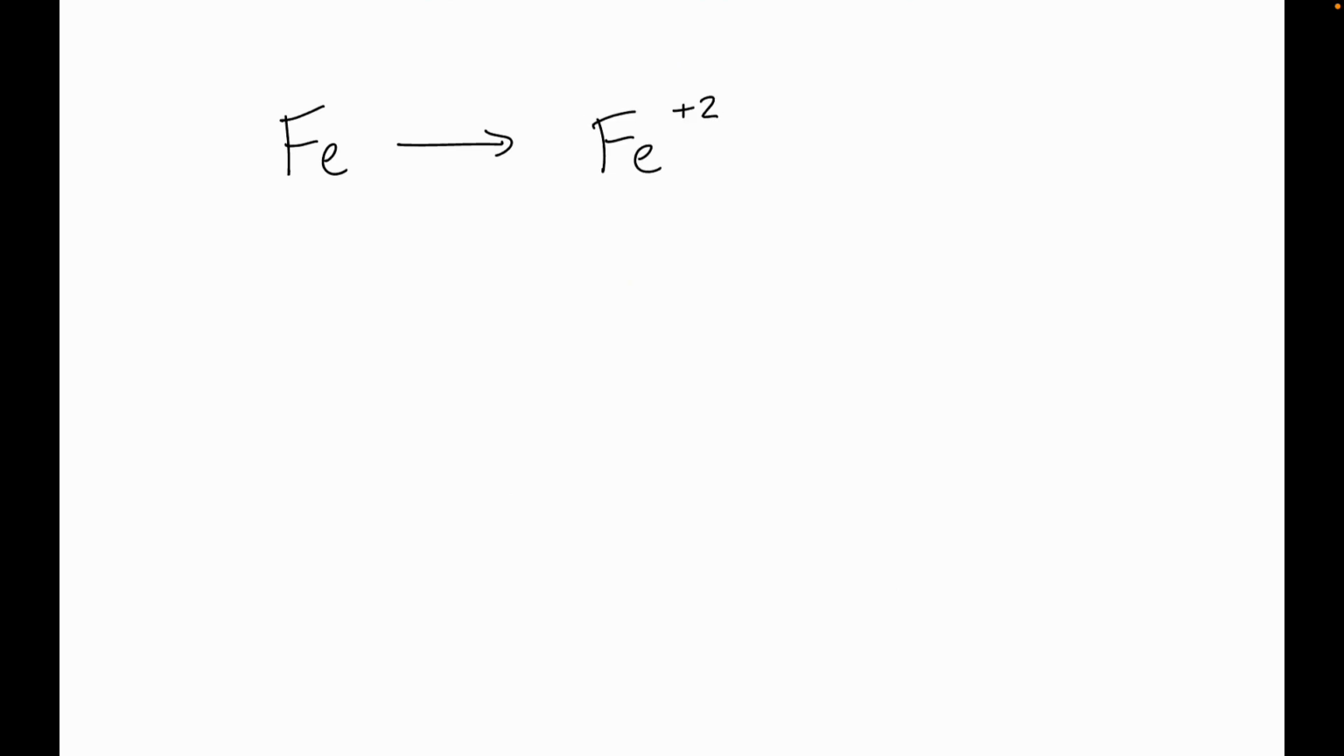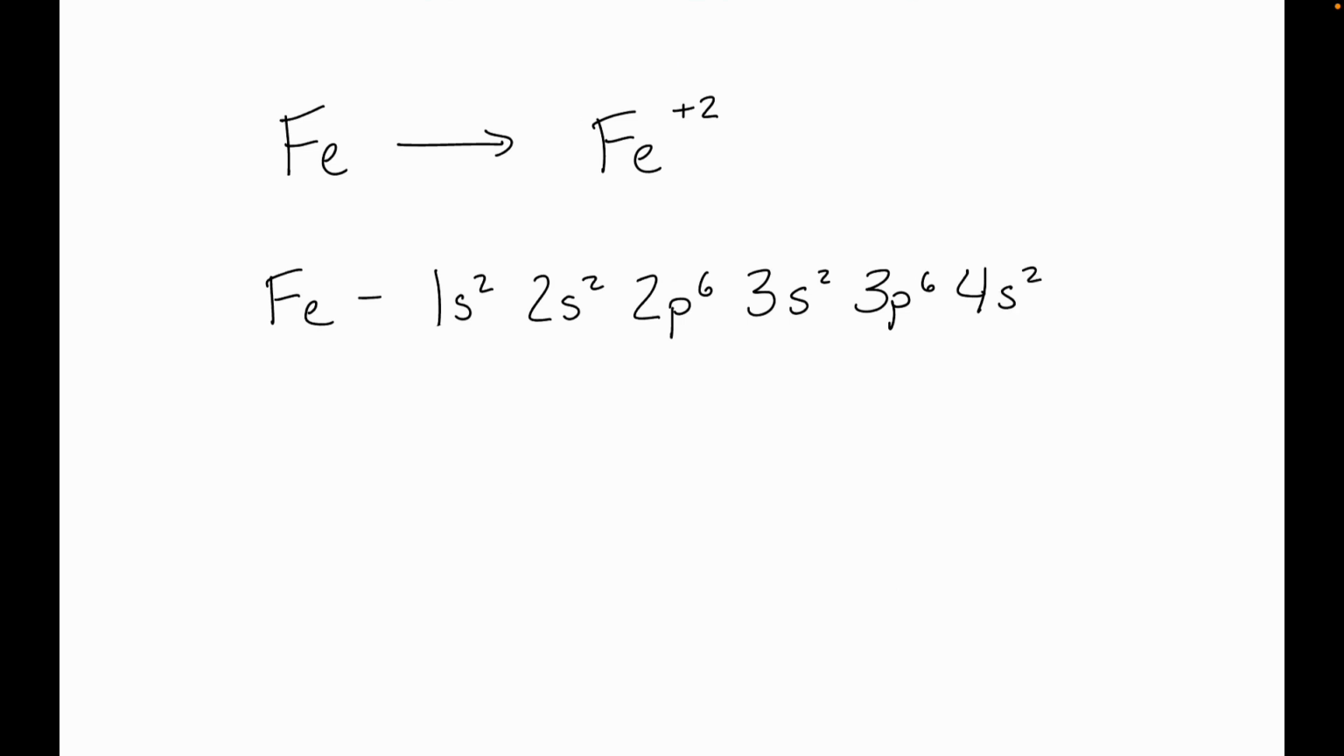One of which is the iron 2 ion. That's a nice stable iron ion. We said that the electron configuration for iron we had here. All right, so when a transition metal